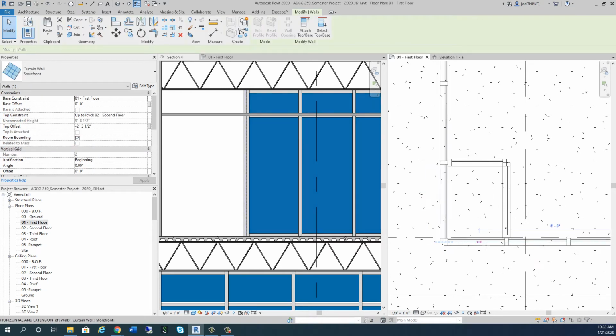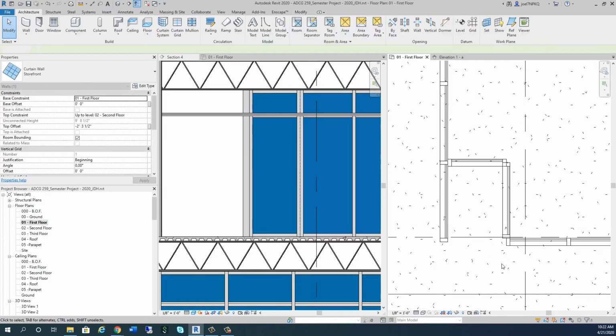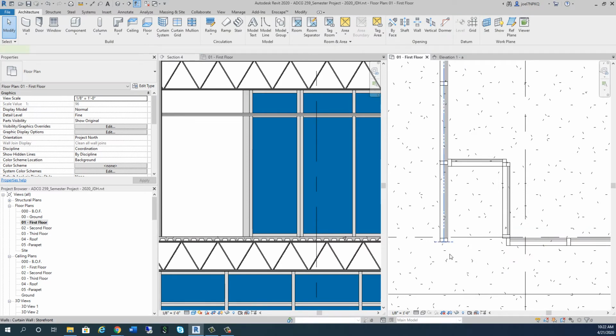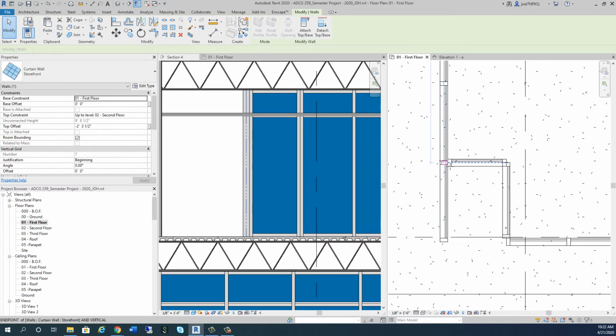What if I pull that back to here for that corner,